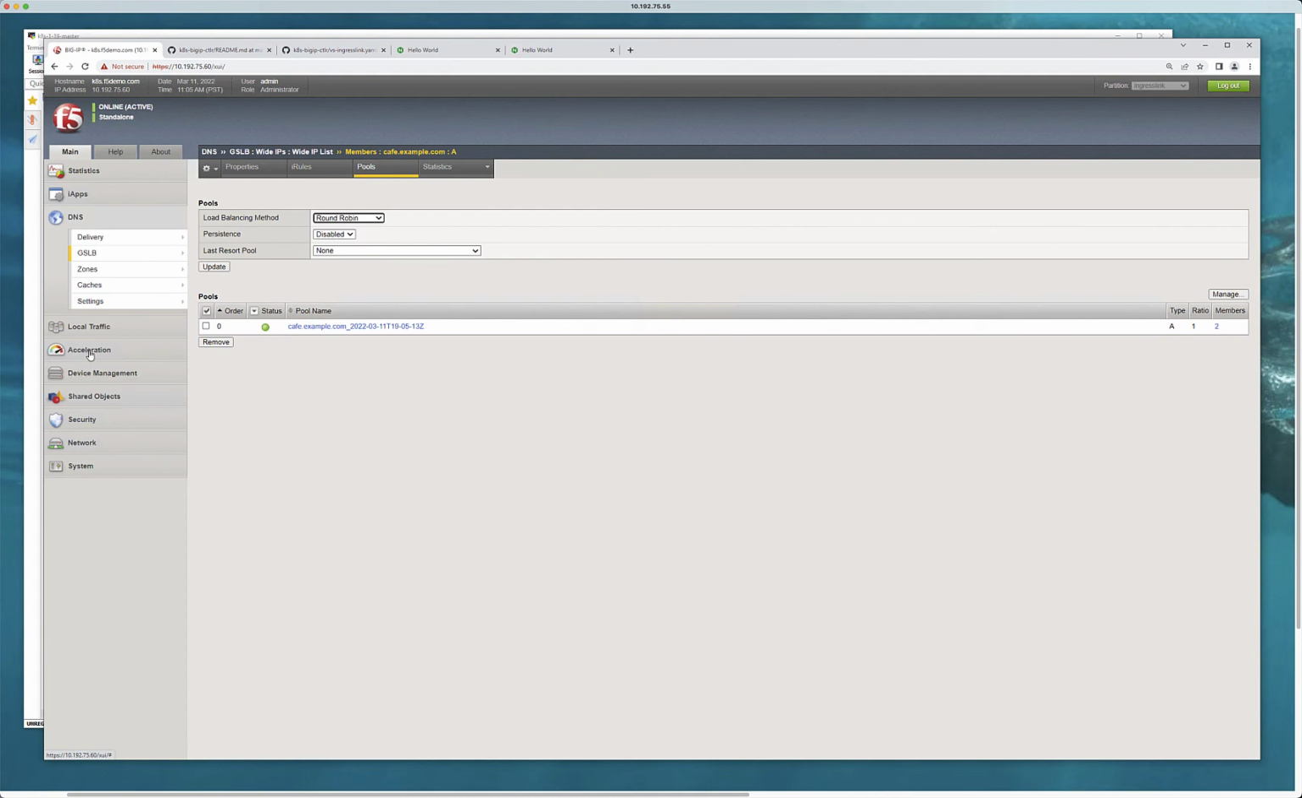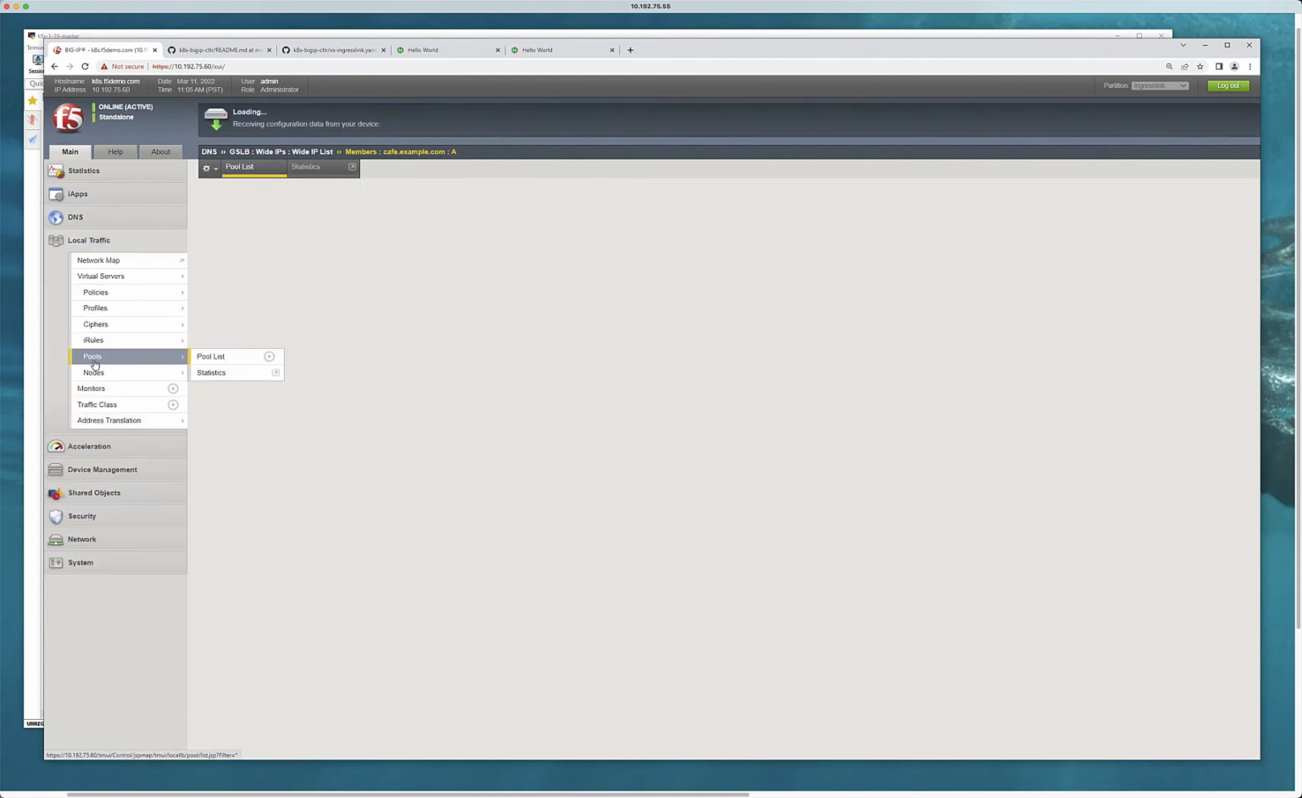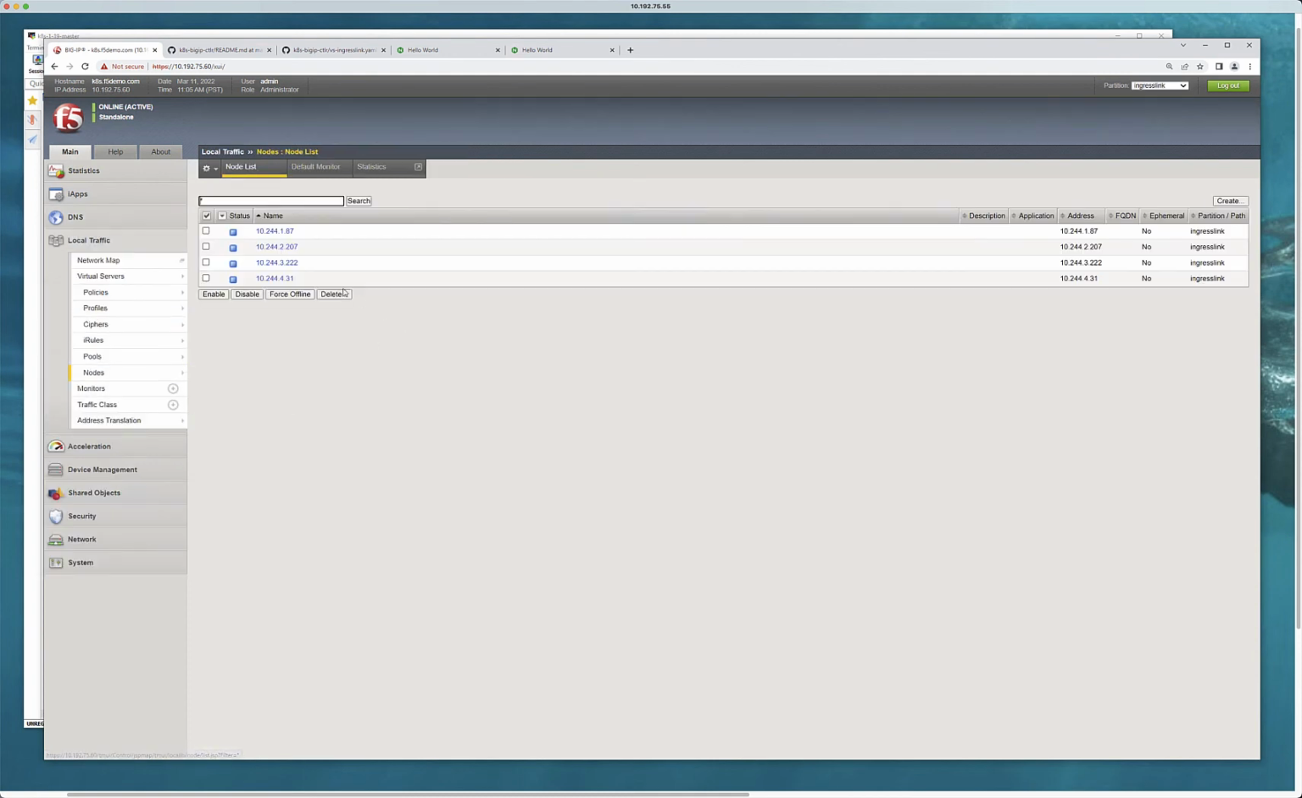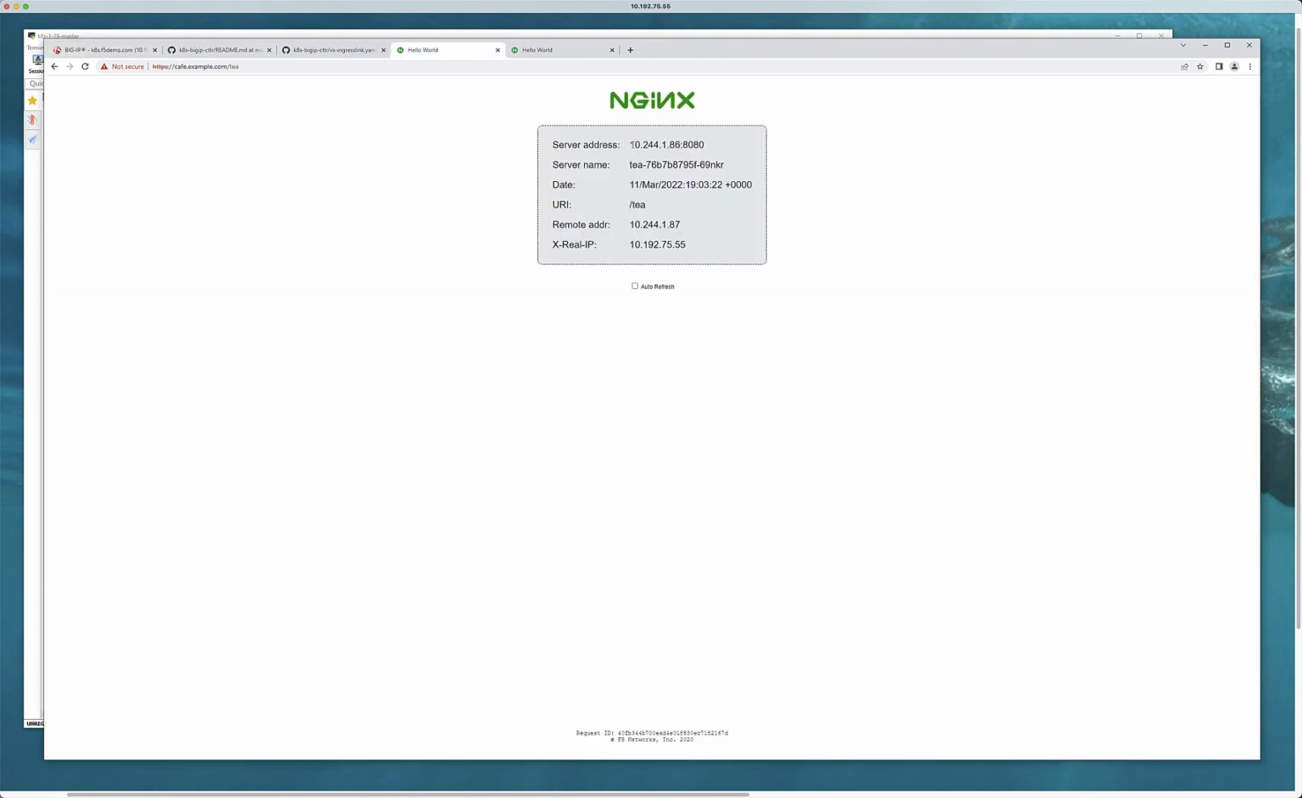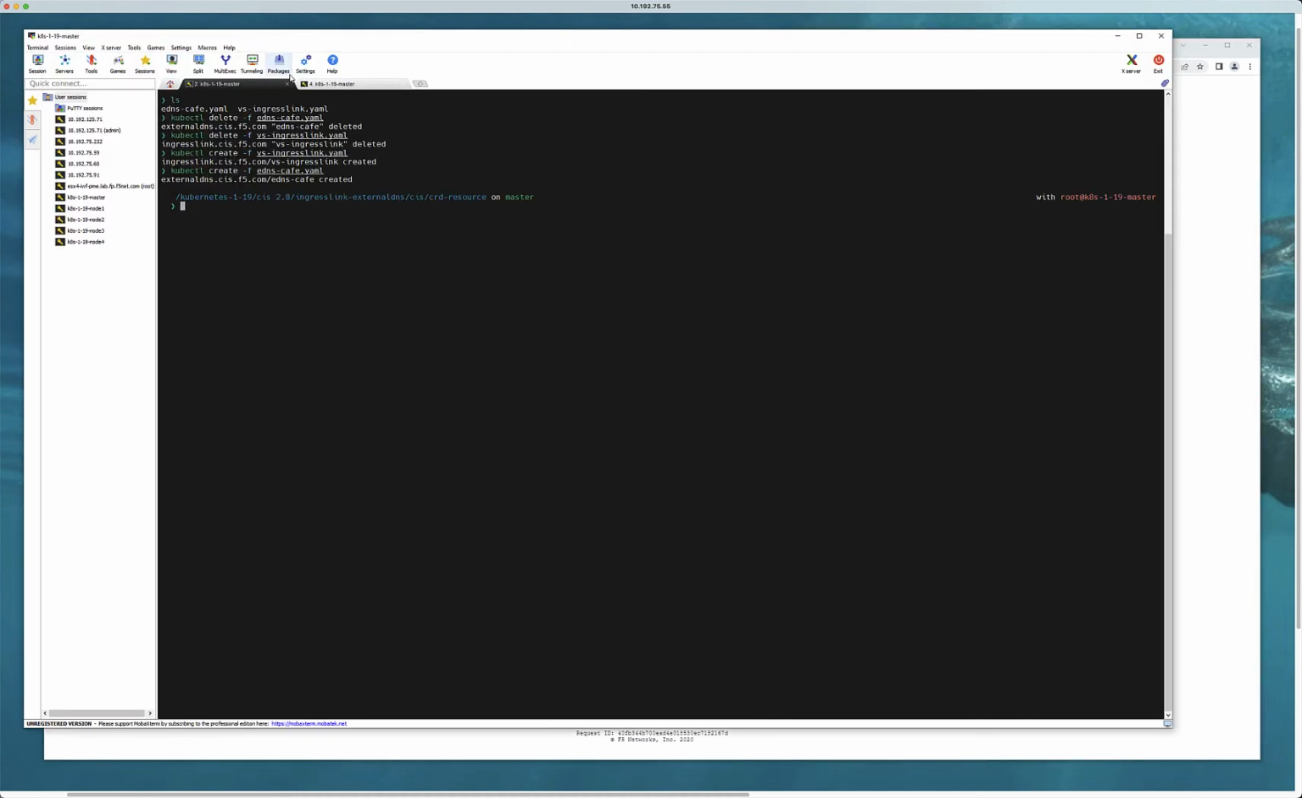So if I go take a look at LTM and take a look at the pool members or the nodes, I can see that's the first one that I'm connecting to. So that's actually really cool. That's the first one I'm connecting to. And then if you look at the backend application, this is the backend application right here, 10.244.1.86. This is the T app that if I go to Kubernetes and do a look at the pod, kubectl get pod,